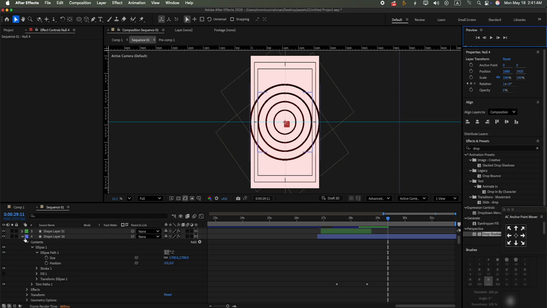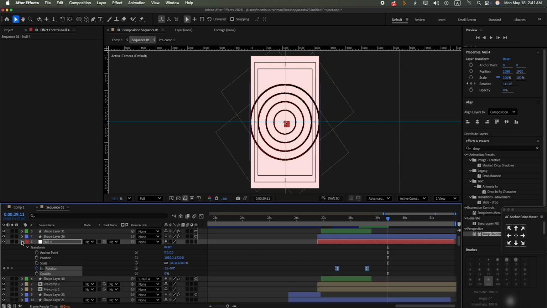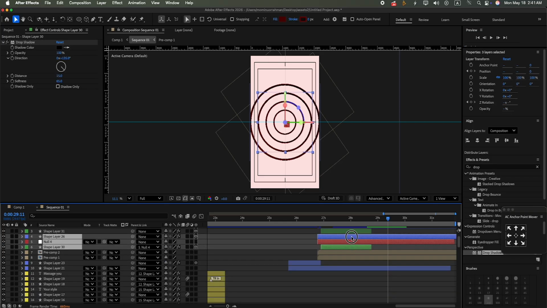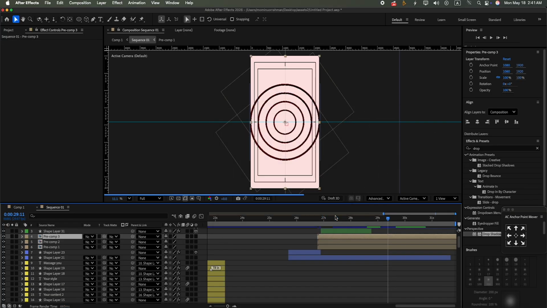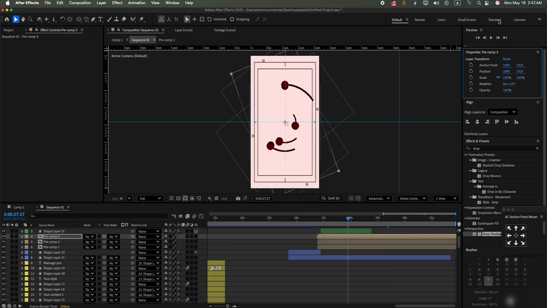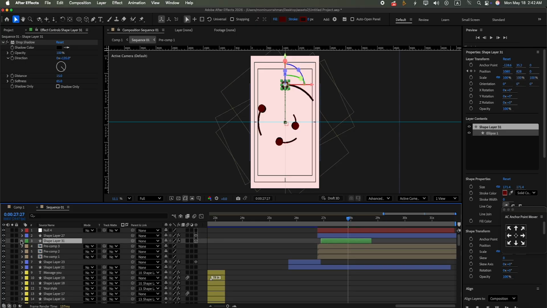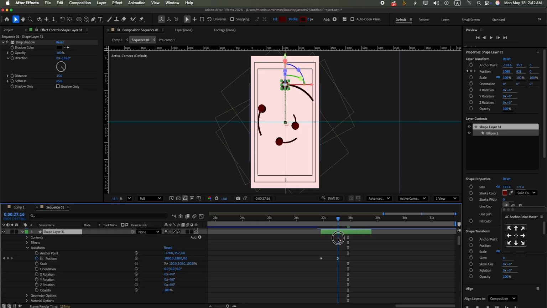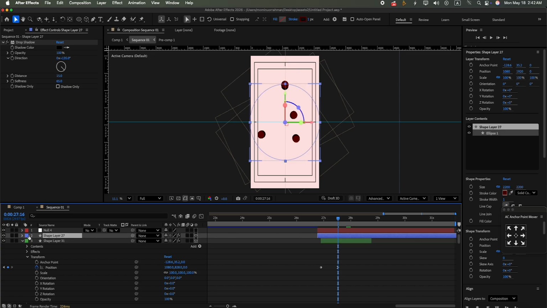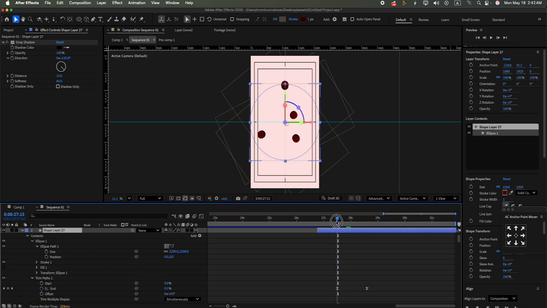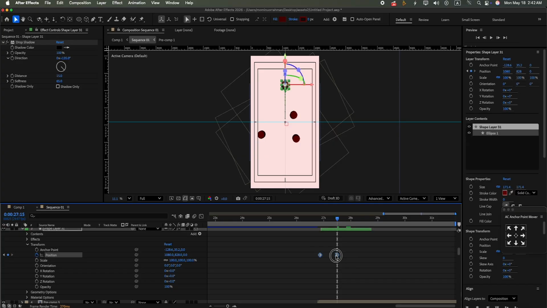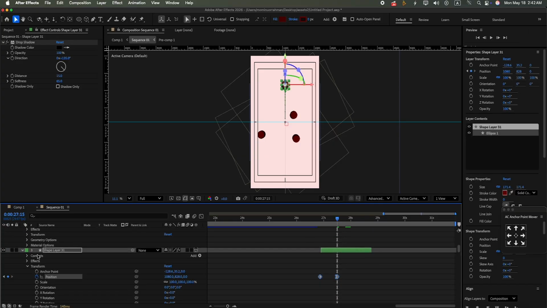Then okay, select the layer and pre-compose it. Okay, the rotation is 244 degree. Now is set equal to Griffin. Okay, good. Now